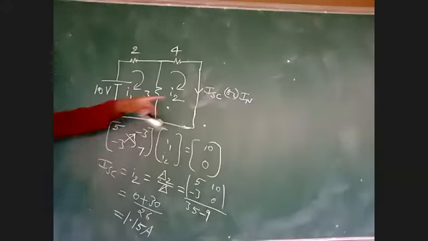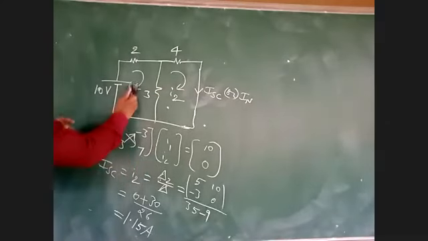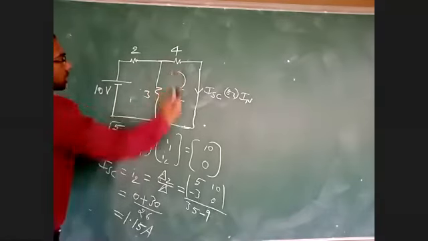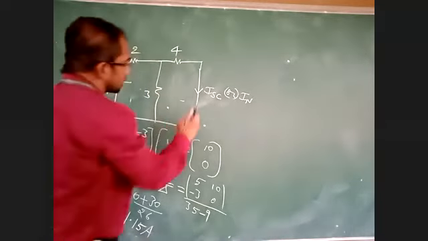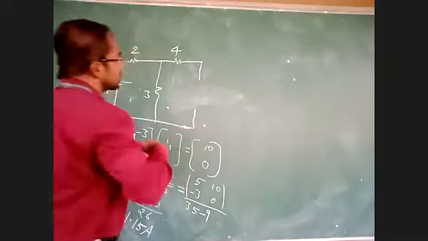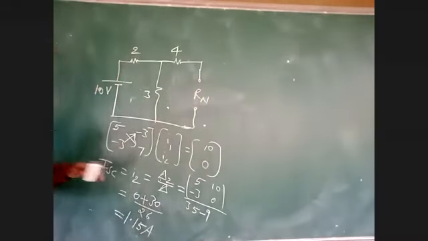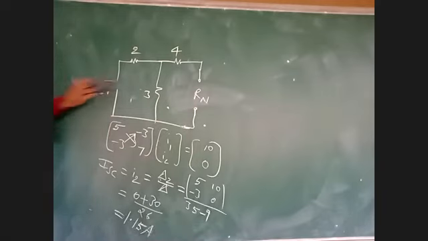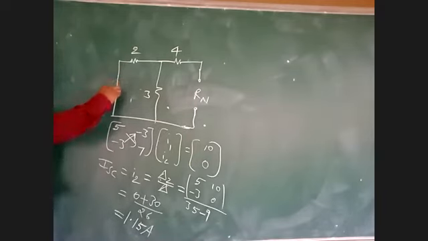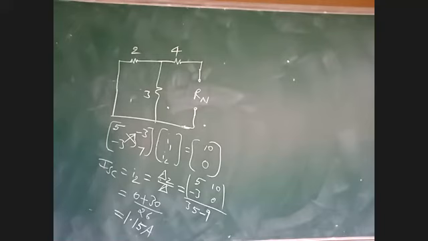Now I have determined the short circuit current. Now I will determine RTH. For determining, RTH is equal to RL, both are one and the same. For determining RTH, short all the voltage sources and open all the current sources. You have to draw this diagram. Remember one thing, RTH is equal to RN. Both are one and the same.